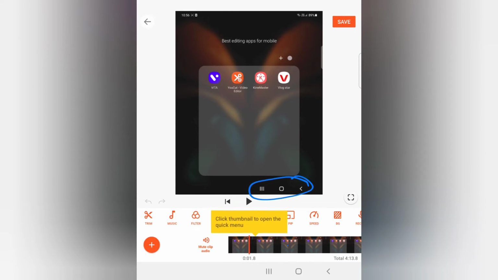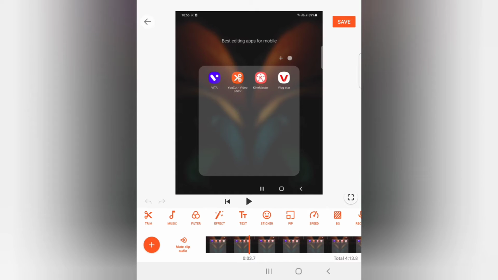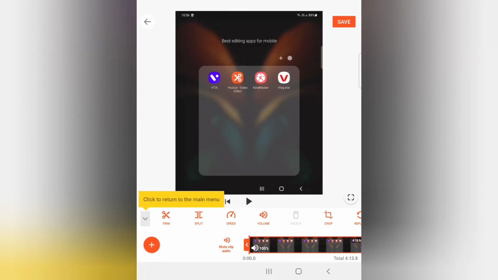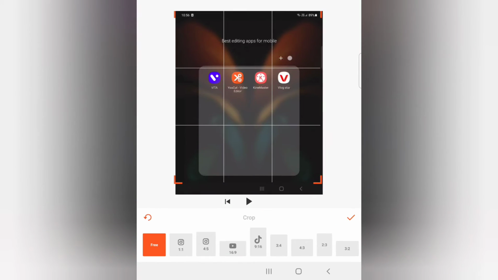If I want to hide this place, I marked with blue color. You see this place, the place where we give space and all. If I want to crop this place, what should I do? I can just click on this video, and then I can click on crop. Then I can just crop it.